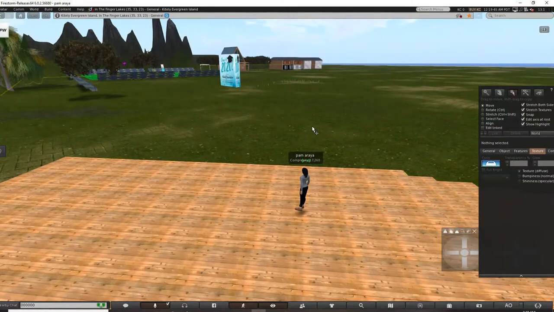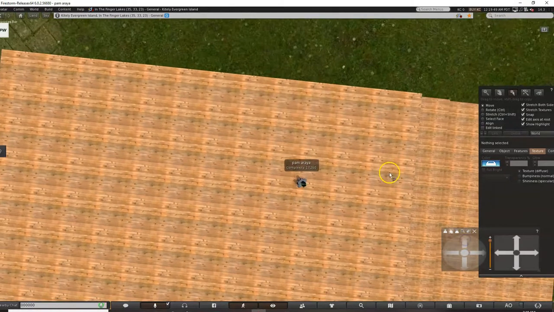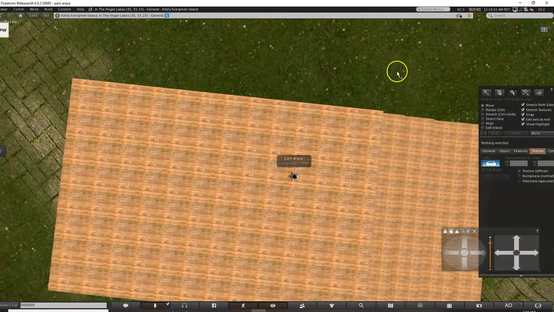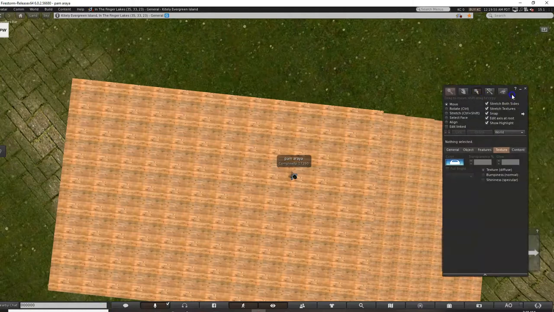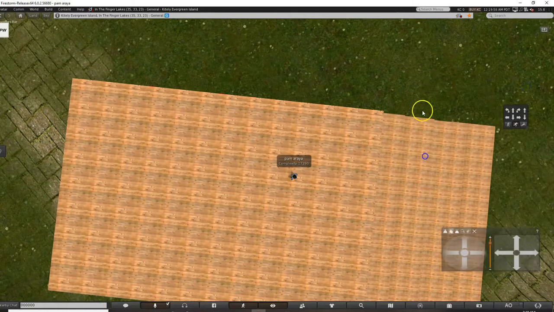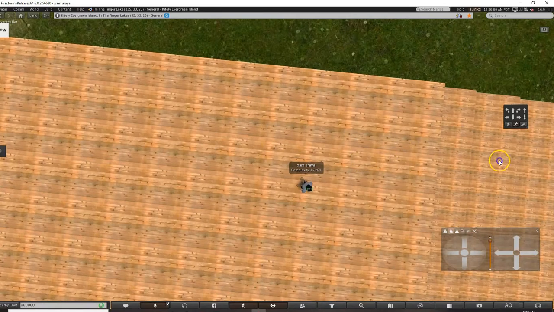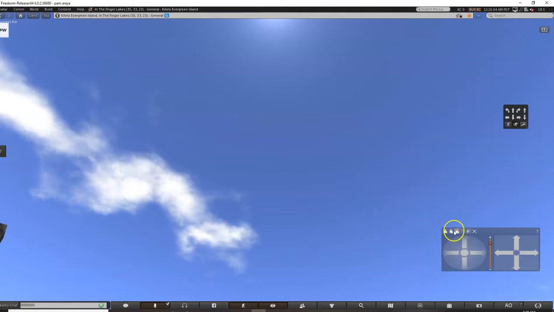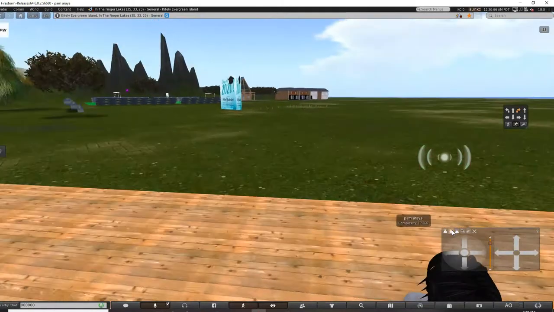Okay, so now I'm just going to turn around here and I'm going to select my stairs. Oh, again, I'm too high here. Okay, it must not let me go this way.